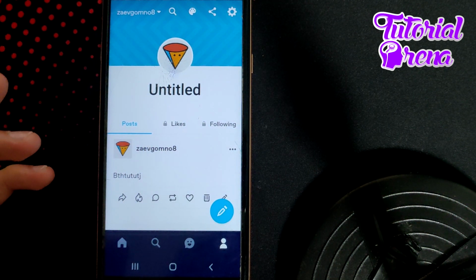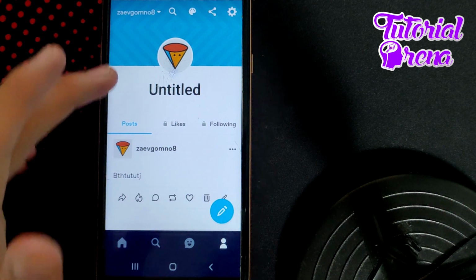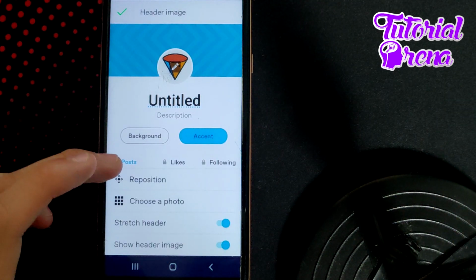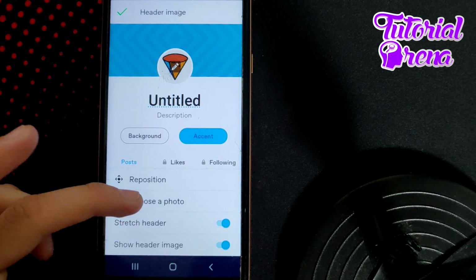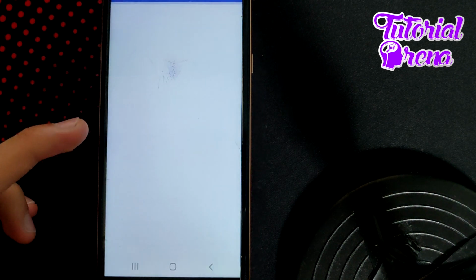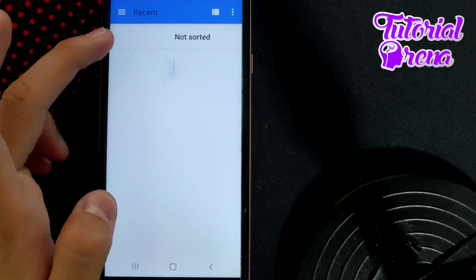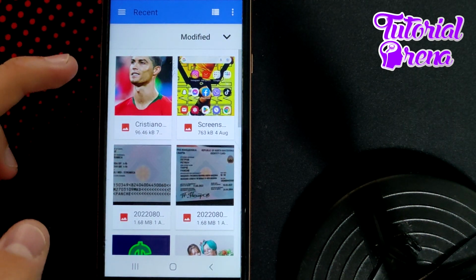When you get on changing your name session, the first thing to do is go right here and change your header image. You can take it out without any problem. You can choose a photo and simply get it right there from your gallery. As you can see, I will go with this one,